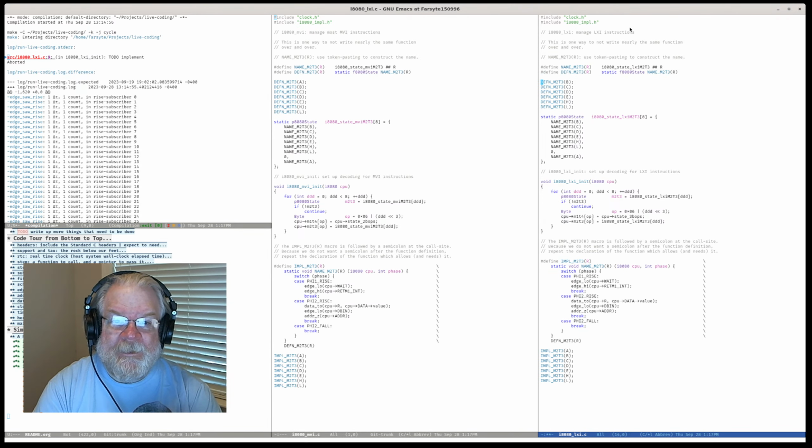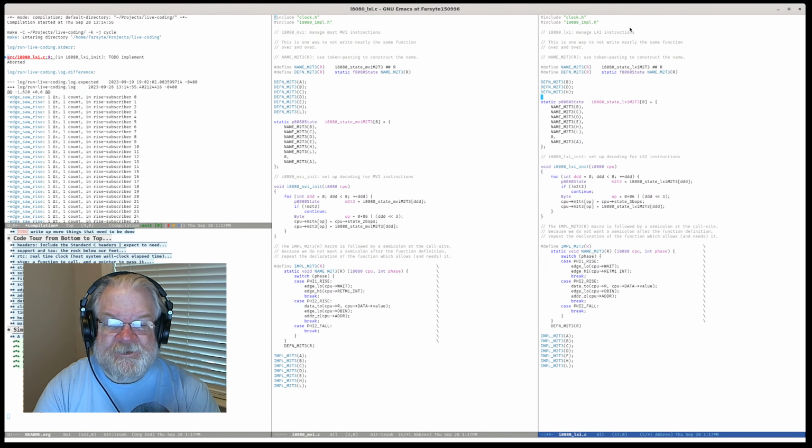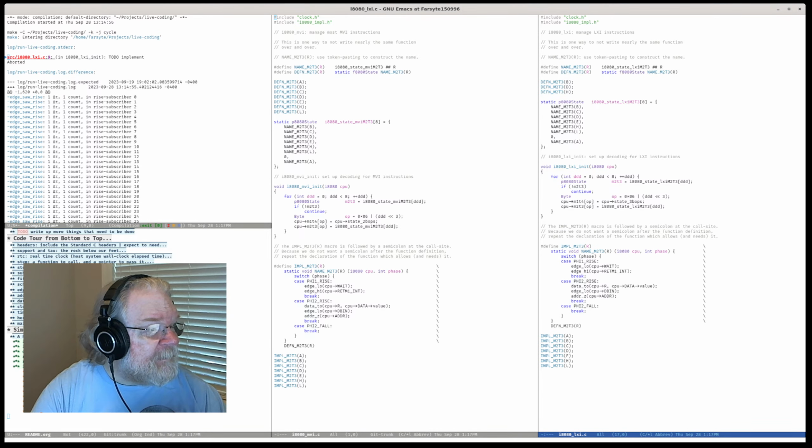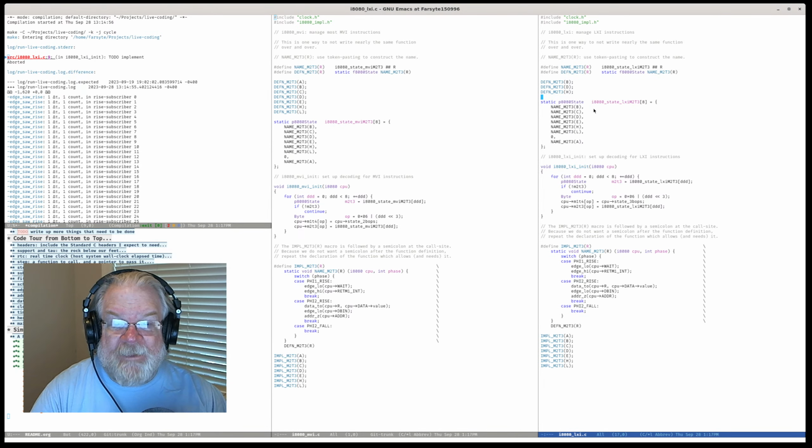So what I want to do is define a LXI instruction that falls into M2T3. This is going to be the instruction that receives the high byte. And I will just name it based on the byte that it stores. So B, D, and H. And let's make sure that the LXI does do them in this order. RL followed by RH. I'm glad I checked that.